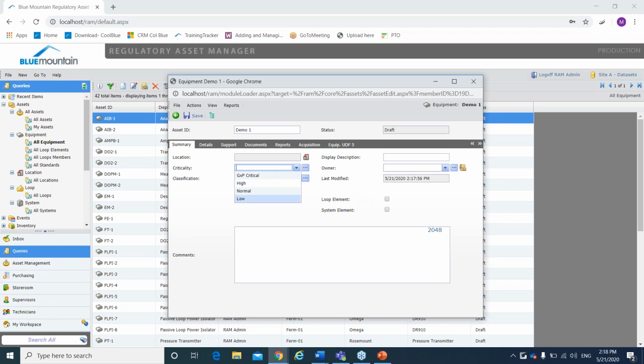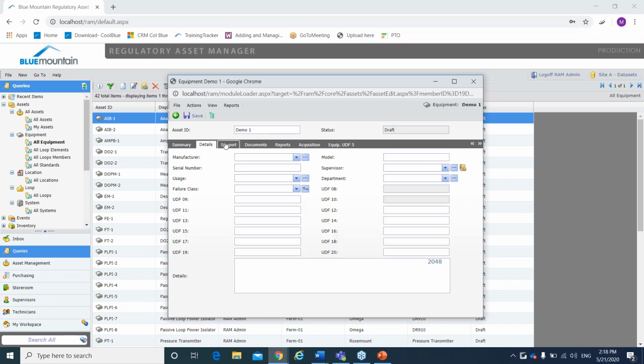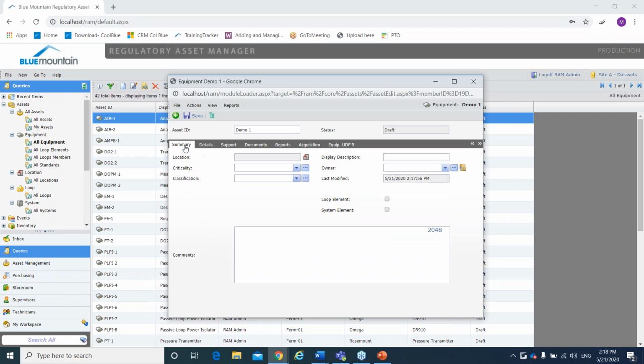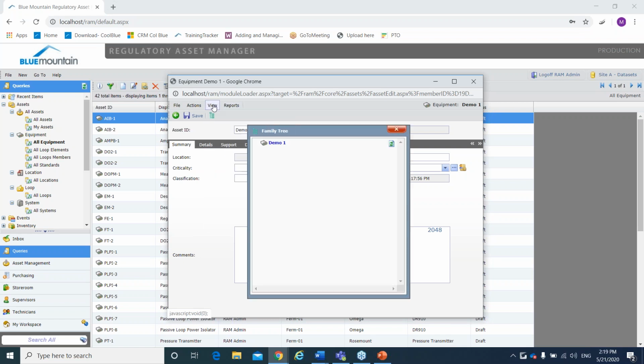But there's criticality, classification, display, and then there are various tabs with UDFs that are customizable. Even with BPTs, I believe there are customizable fields that you can have, but depending on the package of RAM that you have, your screen might be different from mine. So we're just going to save this as a system element so we can demonstrate it as a system later on. And then with view, we can